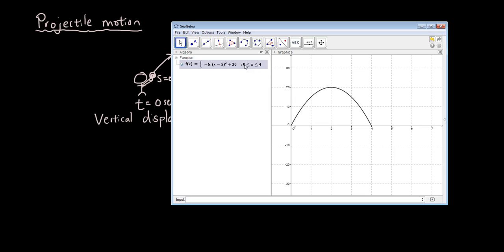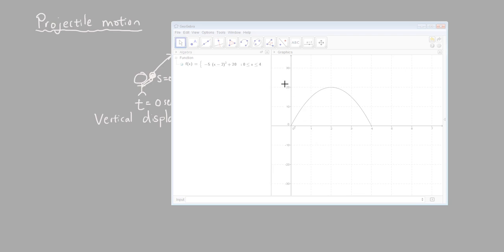And notice how I have defined a domain for x, and if you want to do that, you'll have to watch our piecewise functions tutorial on how to draw that in GeoGebra. So basically you draw this graph in GeoGebra, and I'm just going to copy this graph into my